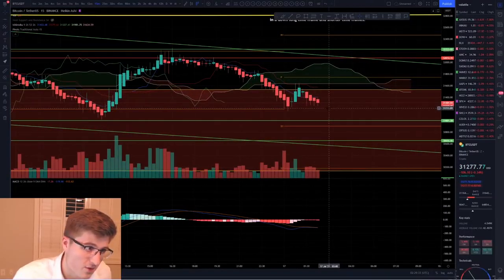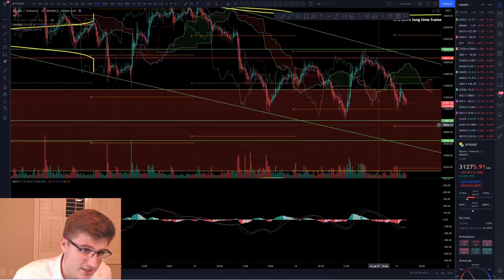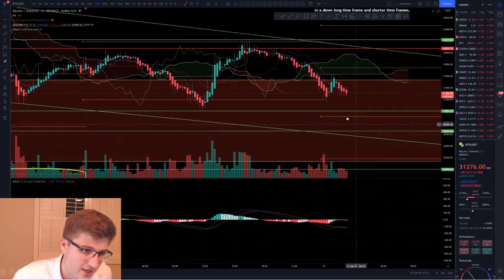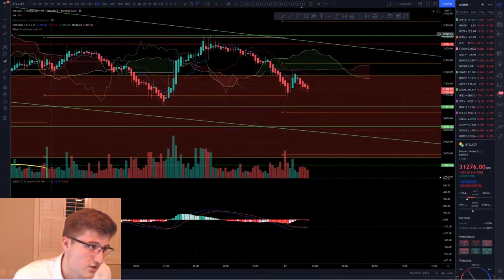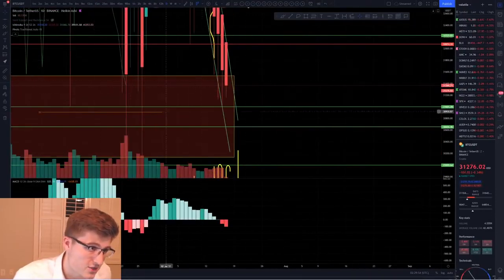If we do have enough momentum to break through this 31,100, I would expect price to at least come down to at least this 3,800 if we have that momentum. And if we break through that, we are looking for the 3,300 levels. It's just a shorter time frame, though. On the longer time frame, like I said, daily closed at such a bad price.